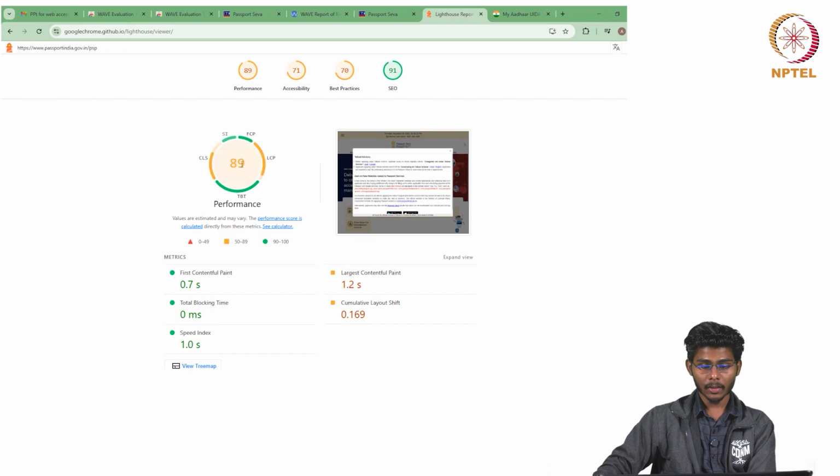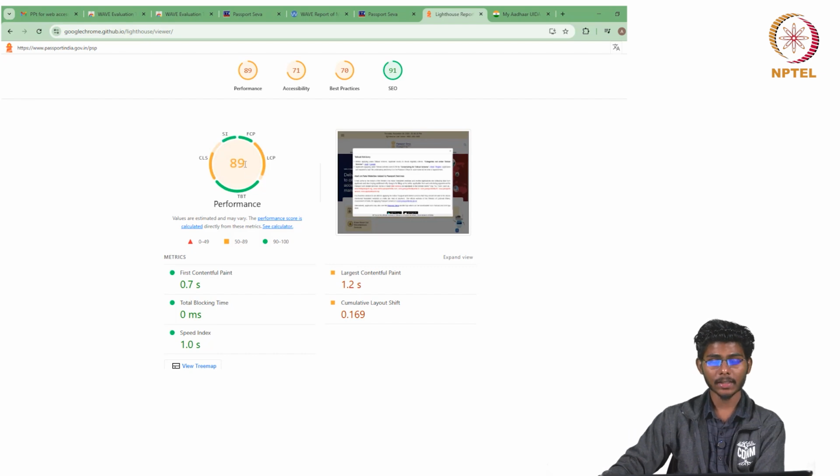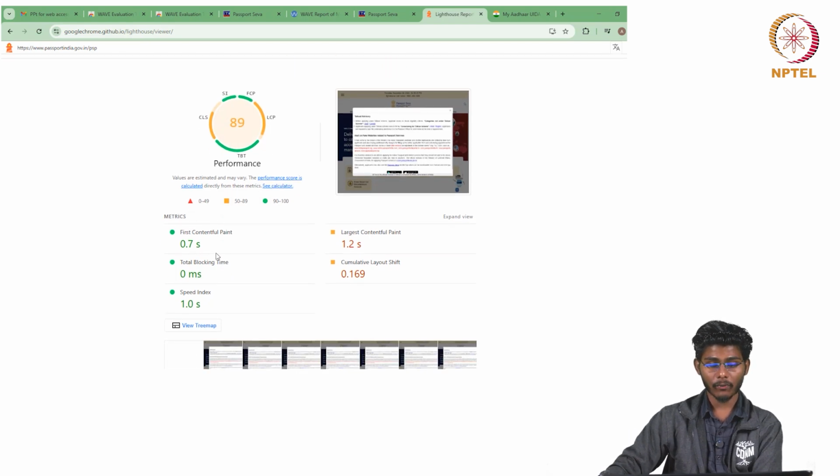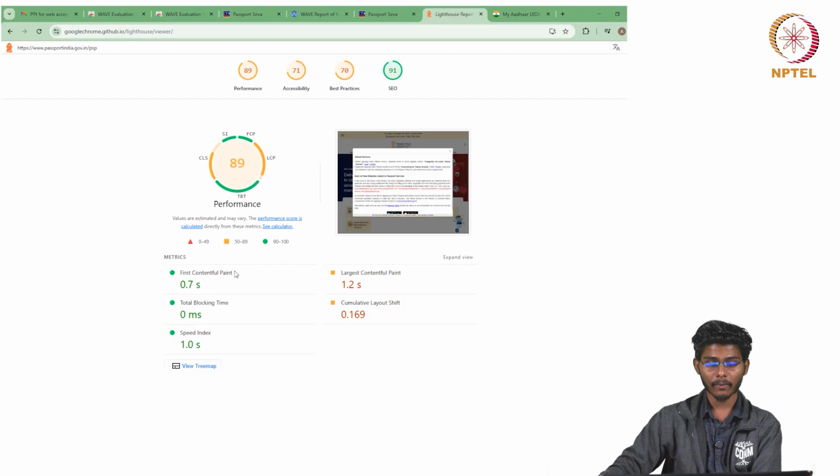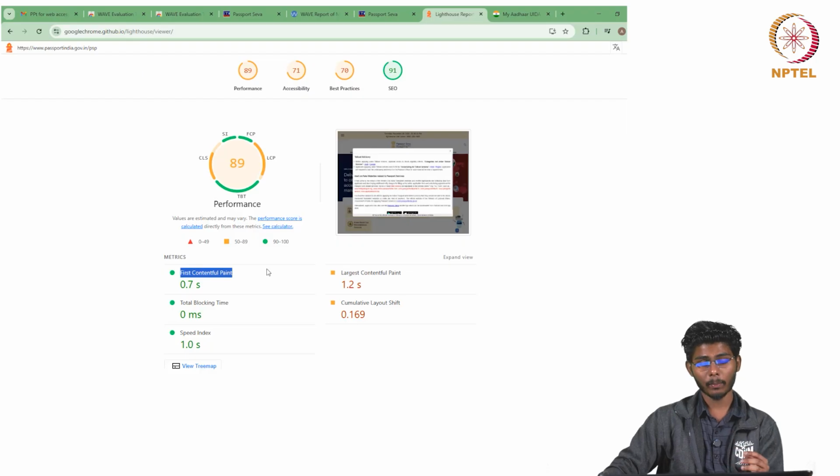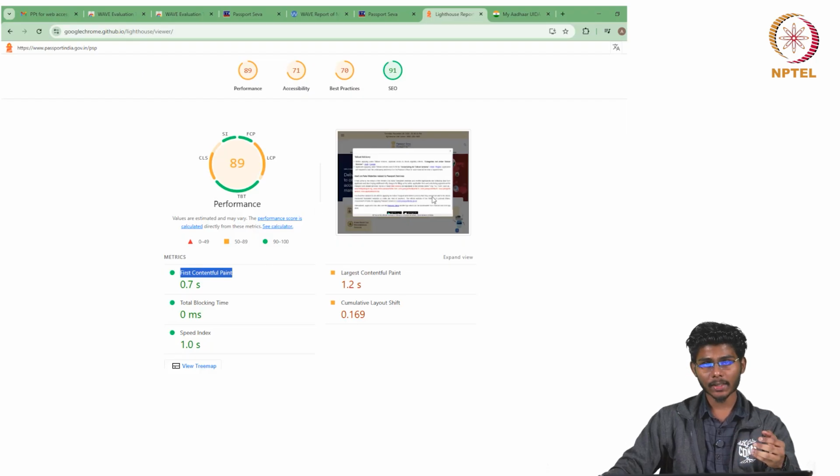Here the website performance is 89, and these performance metrics are calculated from 5 components, the first being first contentful paint. What is first contentful paint? When the interface is opened in a browser, the first contentful paint is the first resource that is loaded.